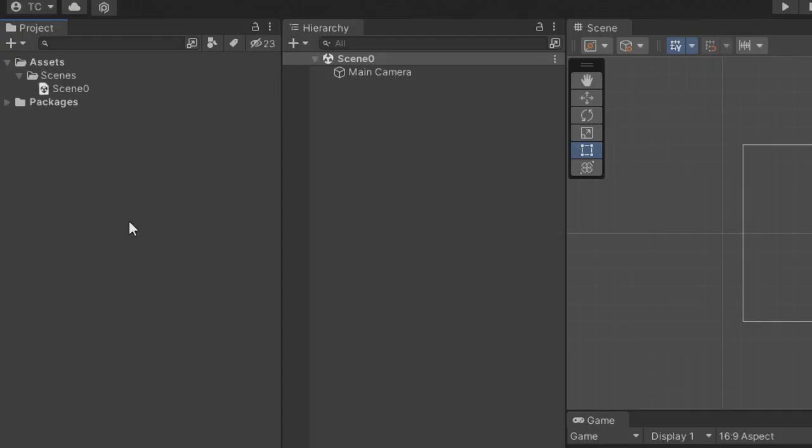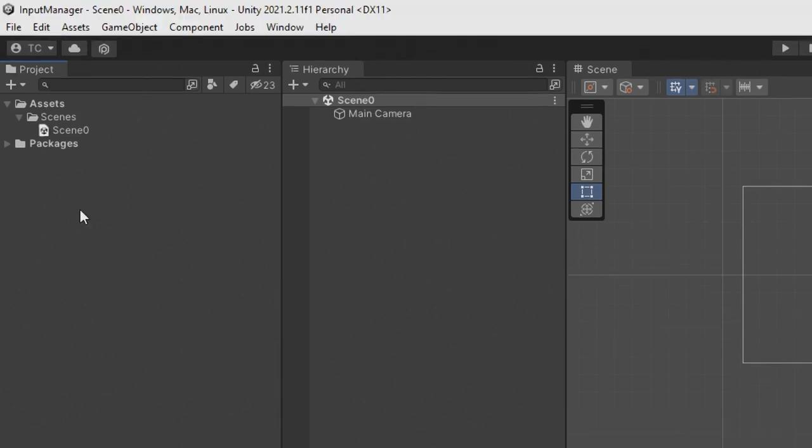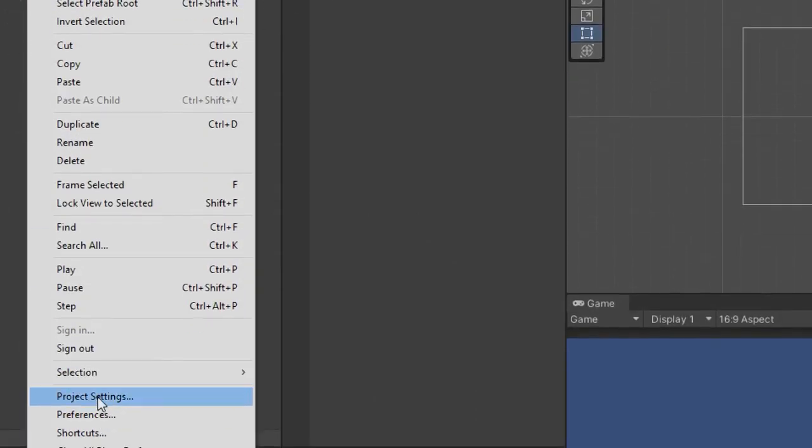This is a pretty basic Unity project. I've just taken the default template project and renamed my scene to Scene 0 because we're just going to look at how we get at the Input Manager and explore it a little bit, and then we'll actually use it in the next lecture. To get to the Input Manager, we pick Edit, Project Settings,